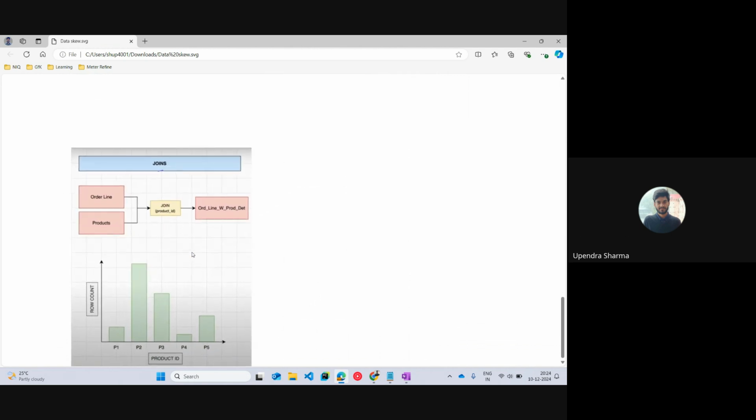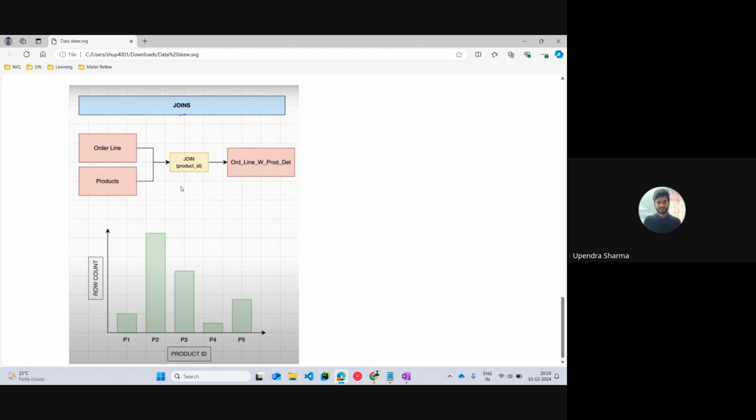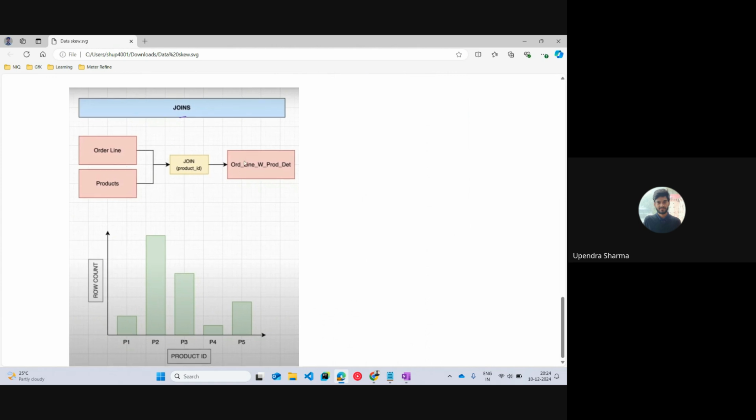The second could be because of joins. So let's say we have two tables and we are joining these two tables on a join key, and we have one resultant table. Now, there could be some instances. Let's say we have joined these tables on order line and products. There could be a few products which were sold much more than the other products. So let's say we have one very popular product which was sold many more times than the other products. If we filter the data based on this particular product, we'll again have data skew, because the partition size will be uneven. Data will be distributed unevenly across all the nodes, leading to data skewness.